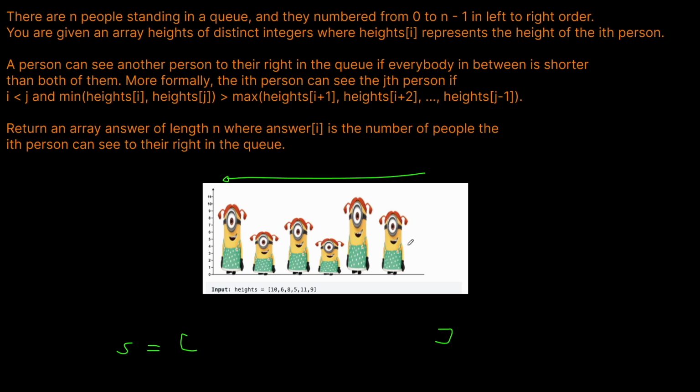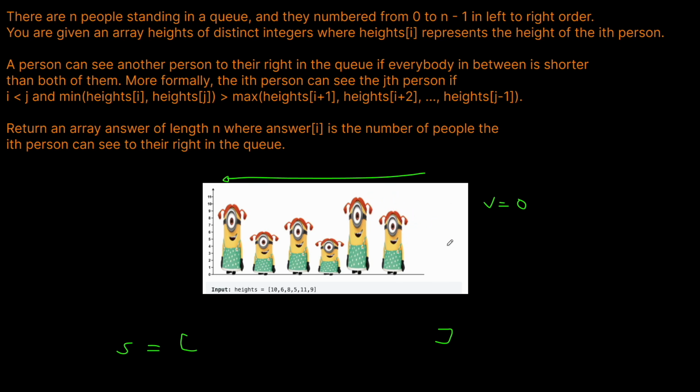And the way that we're going to do that is if the stack is non-empty and our current height is greater than whatever is at the top of the stack, then we want to increment our visible count. And this will just be a variable tracking the number of people visible at a certain index. And it's going to start at 0. And we're going to increment this count by 1 for every person that our current height is greater than in